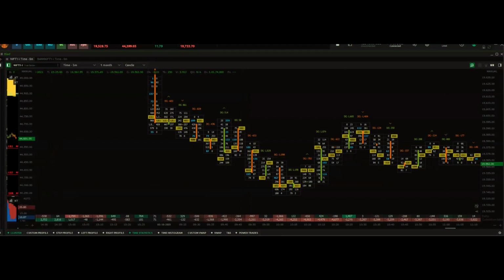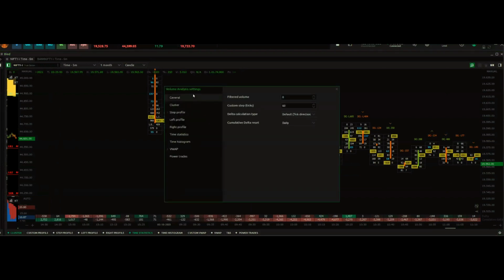And when I go to settings, the most important setting is the custom step or the tick size that you see. Basically, the tick size tells you the frequency of the order flow data that you want to see. As you know, in Indian markets, the tick size for an instrument is 0.05, but you don't get to see volumes being traded, you don't get to see orders at every price point at 0.05. So there is a mechanism to choose the tick size of the footprint charts.